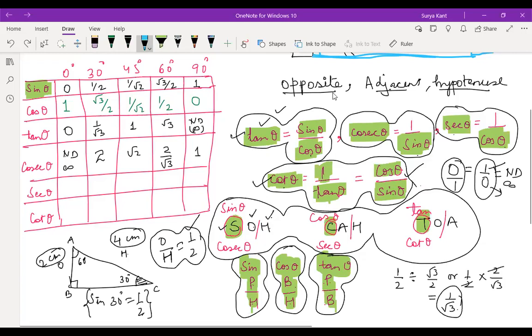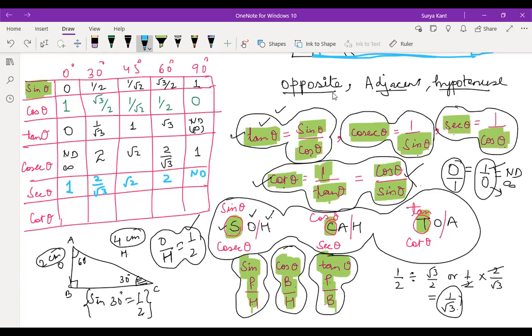So for the first one, it's 1/0. For the cos, the first one is 1 only, no? Sec theta is the reciprocal of cos. So 1 by 1 is 1 only. Okay. Next, 2/√3, √2, 2, and then 2 by root 3, root 2. Then, undefined, not defined. Or you can write the reverse of cosec theta also. You can write from back to start.